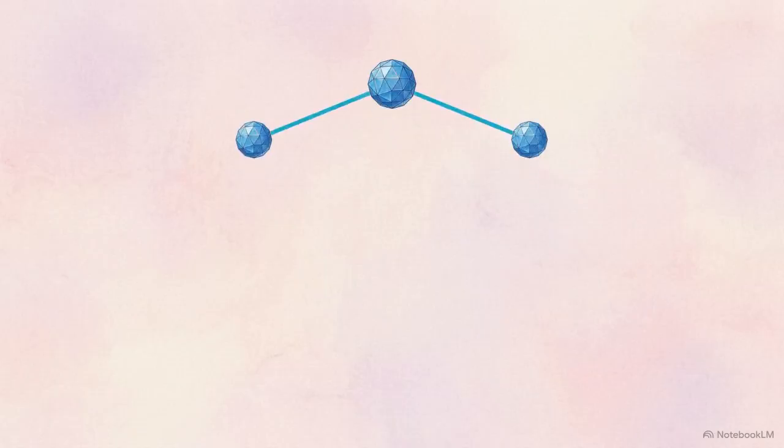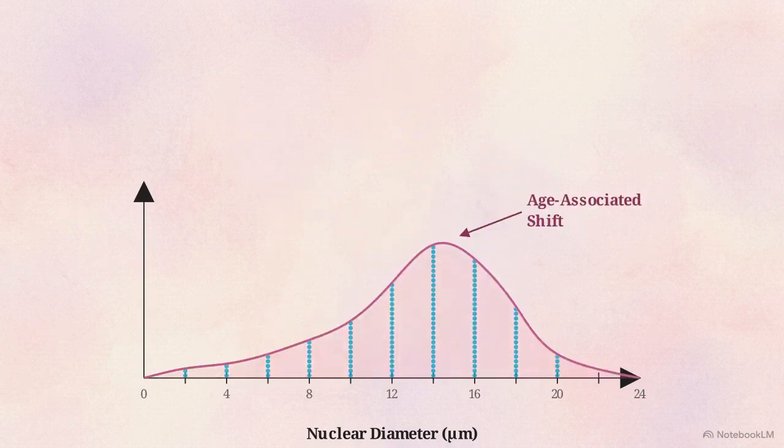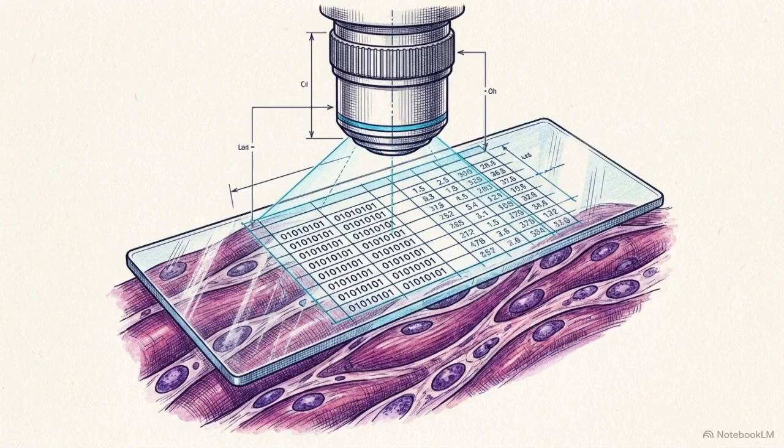We need to deconstruct the exact architecture of this algorithm, analyze the specific distributions it extracted, and examine how these physical distortions map directly to molecular decay. AI-driven histology transforms visual complexity into standardized data, exposing structural shifts in skeletal muscle that are missed during traditional pathology